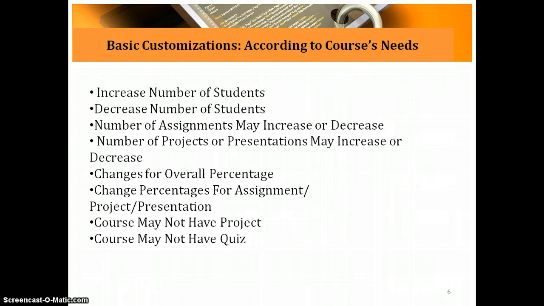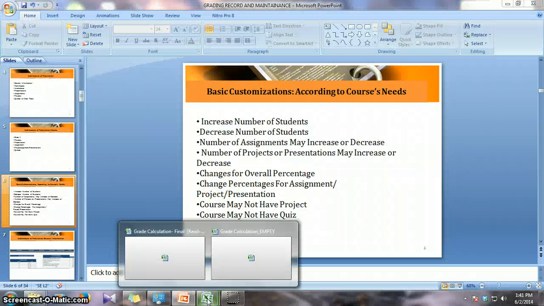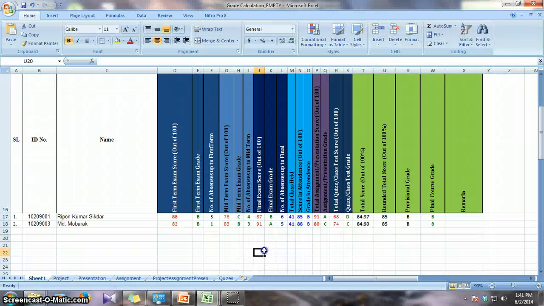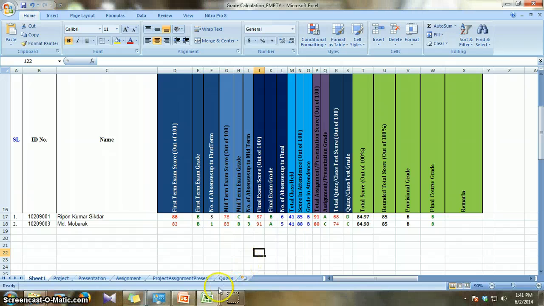One particular course may not have a project or may not have quizzes. So I will demonstrate how to customize your tabulation according to these basic needs. Here we have already worked with these pages. So at first comes